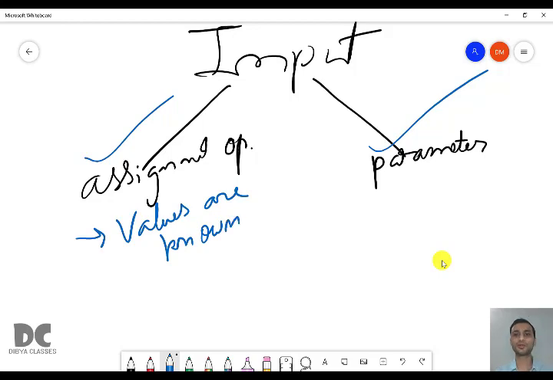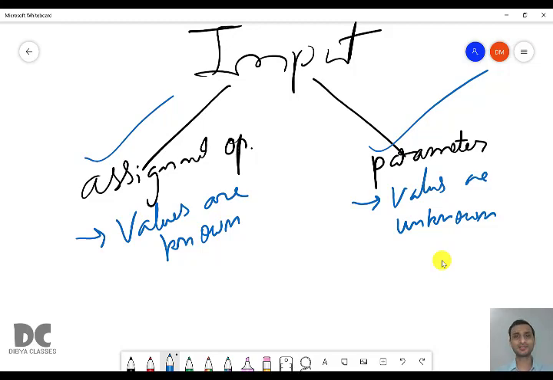When the values are known. And when to use parameter? When values are unknown. So when you know the value, you will use the assignment operator. When you don't know the value, we will use the parameter method.